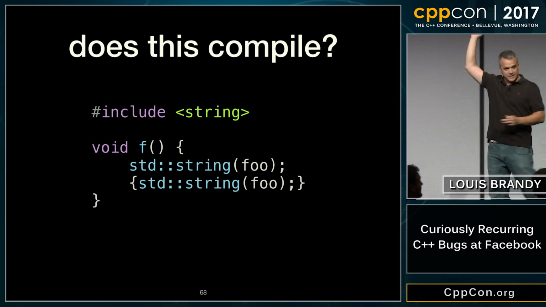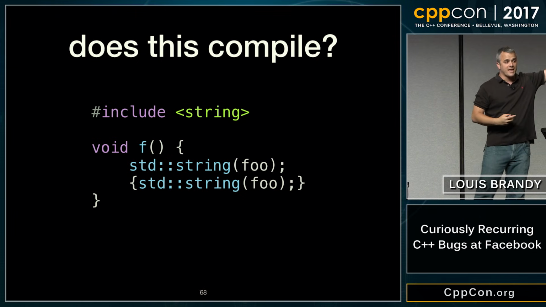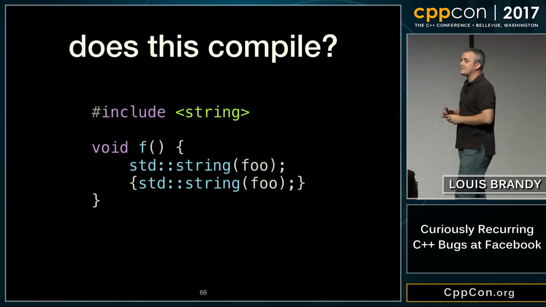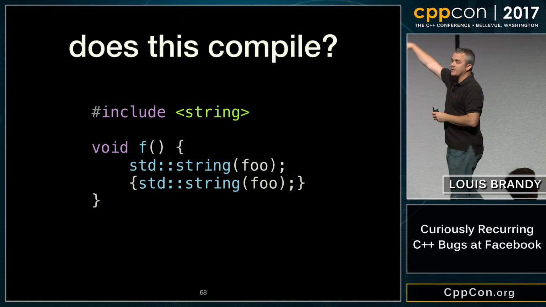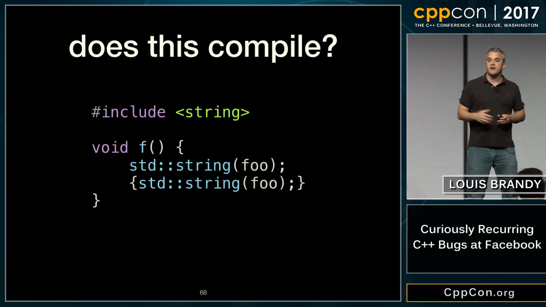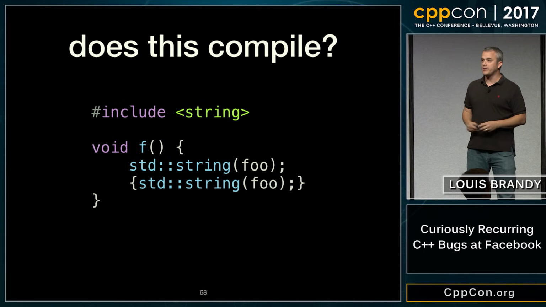Yeah, all right, most of you, yes. So most of you say, yes, this compiles. And the reason this compiles, this is again a second declaration of foo, but it's now in an inner scope. Okay, so those squigglies are a scope, and it's now shadowing the outer foo. You have two declarations of variables with the same name, but one of them is in an inner scope shadowing the outer one, right? That's what's happening here. So this works.